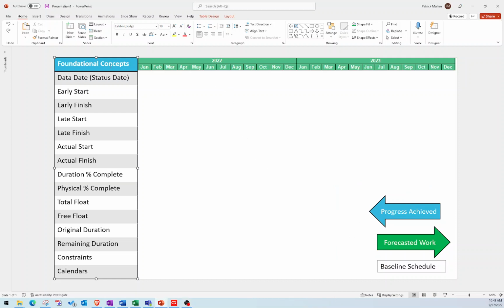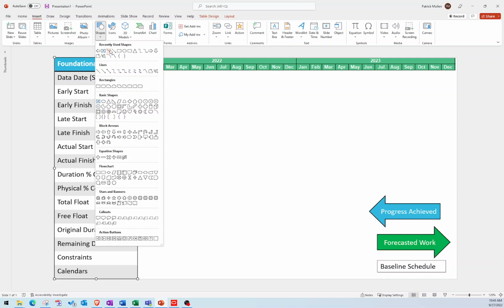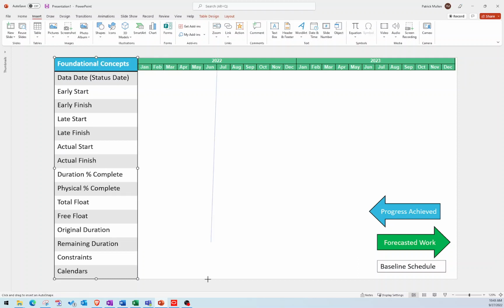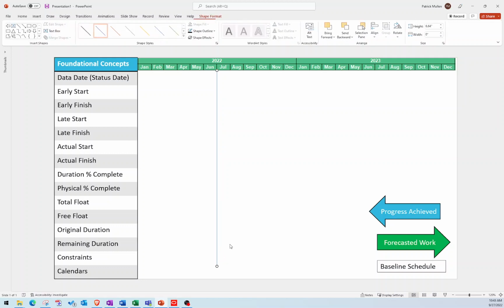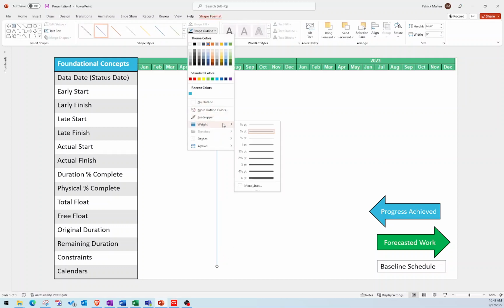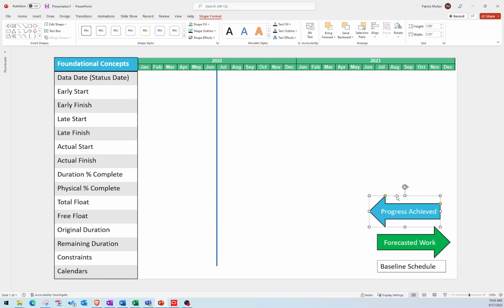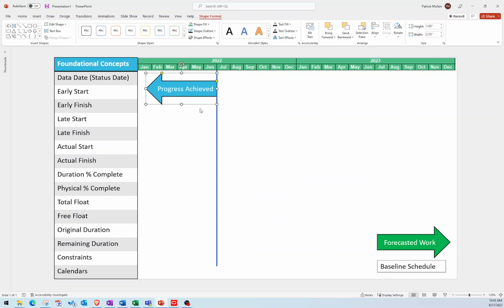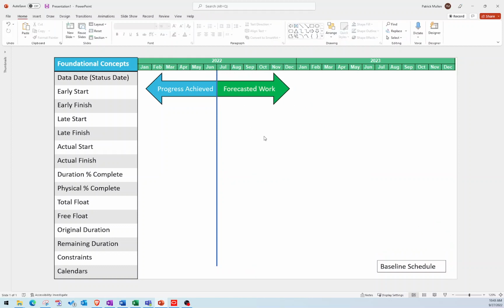The data date is simply represented by a vertical line in a schedule file, and essentially everything left of that vertical line, that data date, references progress that's been achieved, and everything to the right of that vertical line is forecasted work. So think of progress achieved like a picture. You've taken a picture in time, that picture freezes everything and it's no longer moving, it's static. It can't be changed. It's simply recorded,